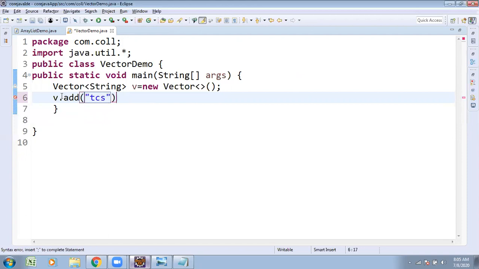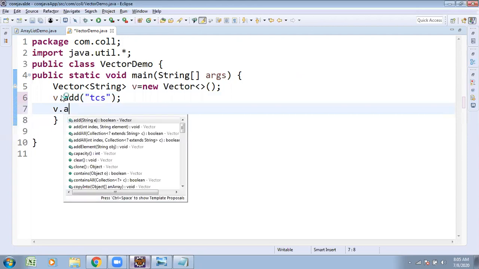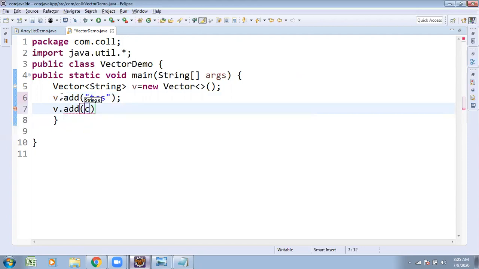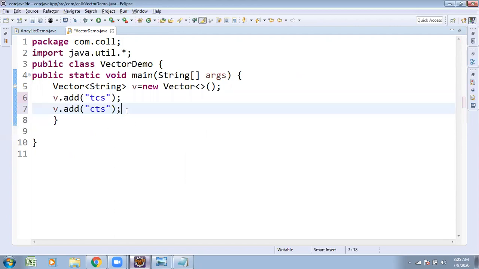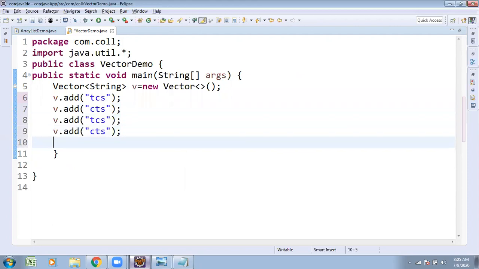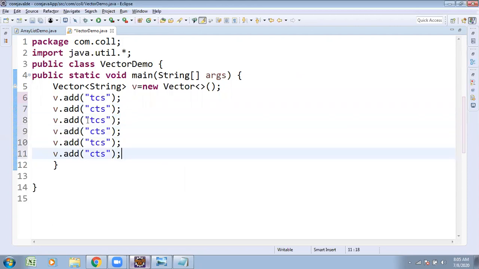Whichever type of data you want to take. v.add of CTS, Cognizant. v.add of any of these, take some string type of data. Maybe employees belong to the same companies also. But Abhijit is interested to take my company first, sir.